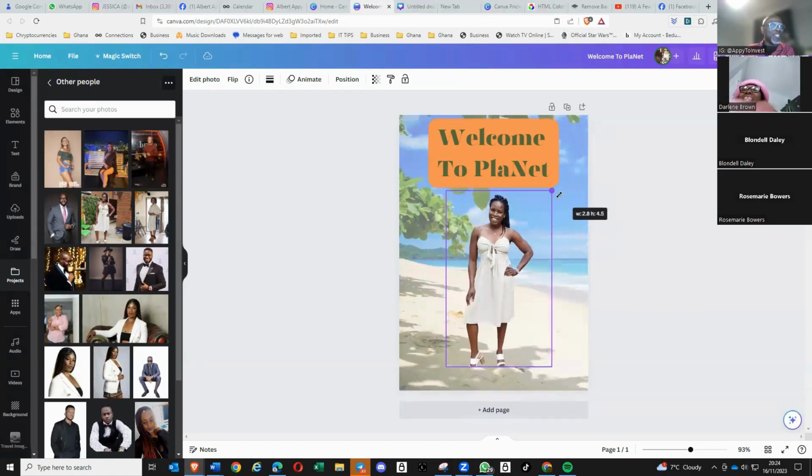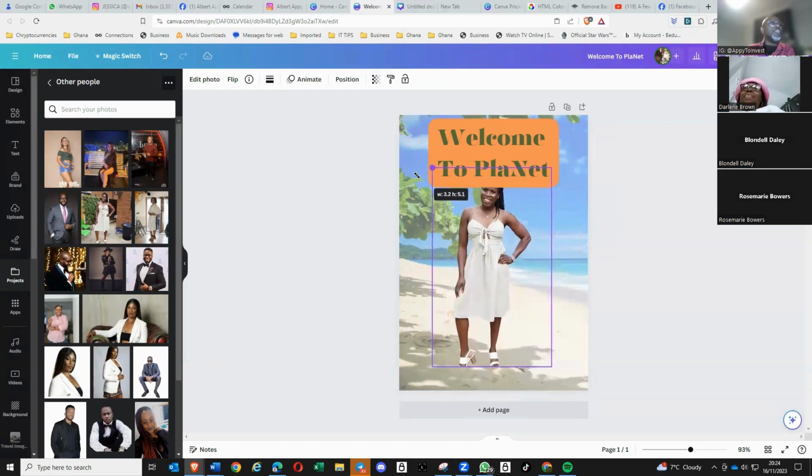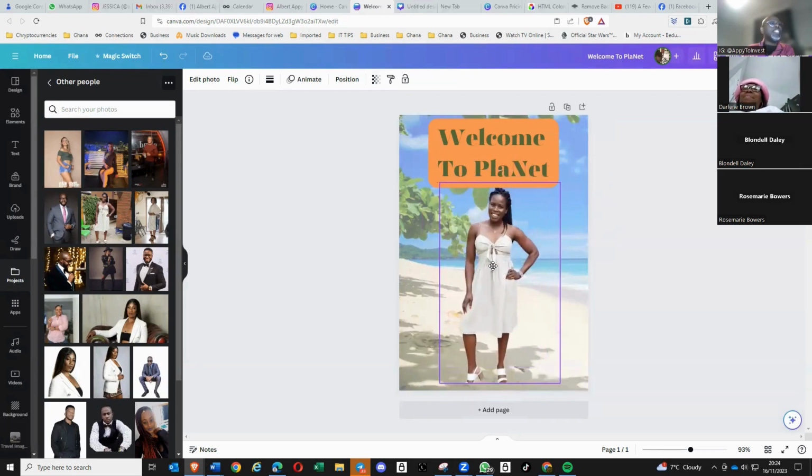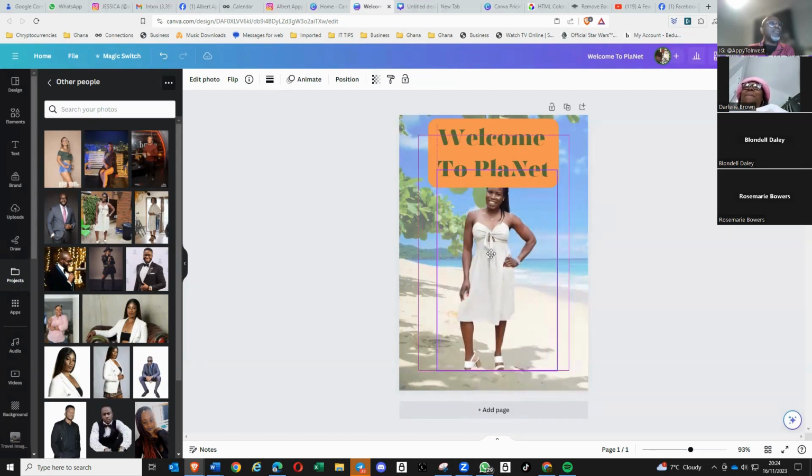So I can adjust it. Now, let's just say that I want to be a little bit of a show off. And let's just say I adjust it like that. But, oh wait a minute, I've cut off the top of her head. But that doesn't matter, because what I can do is, when you highlight something, you can then click here, which